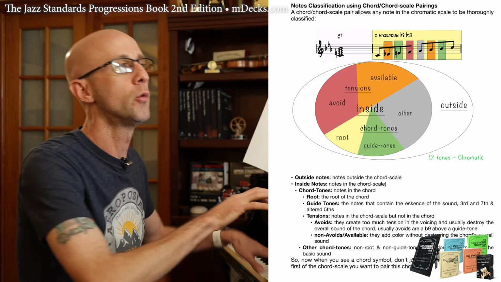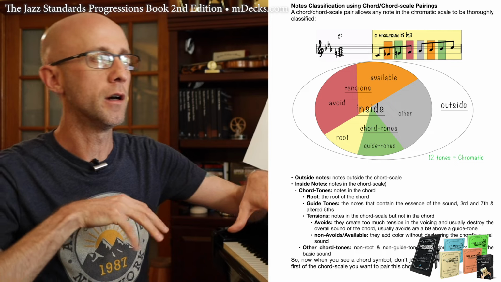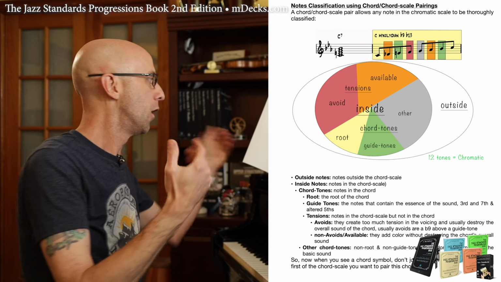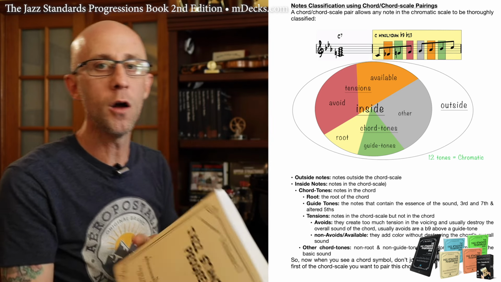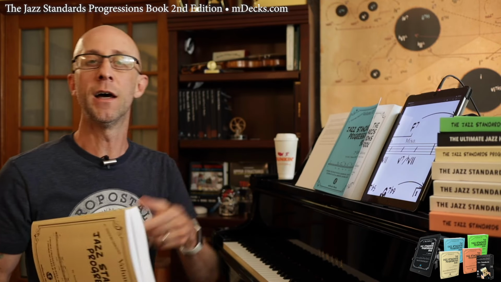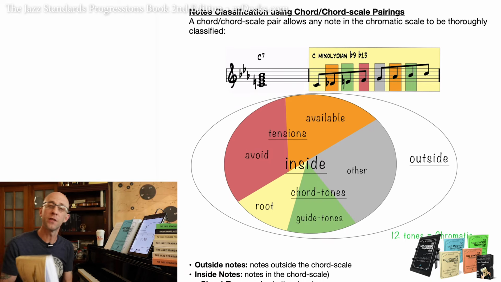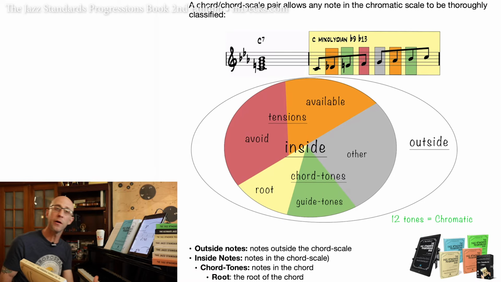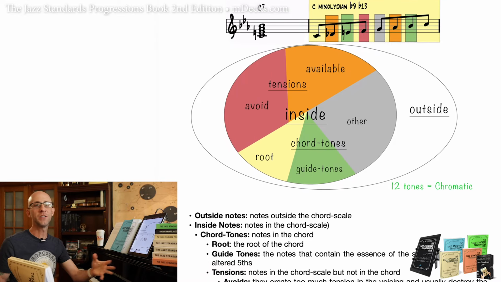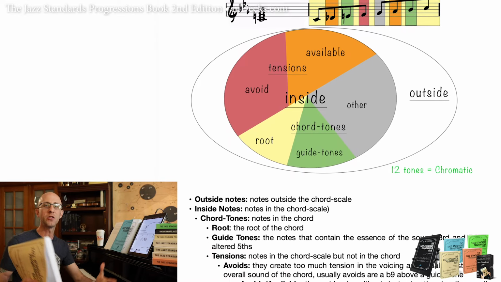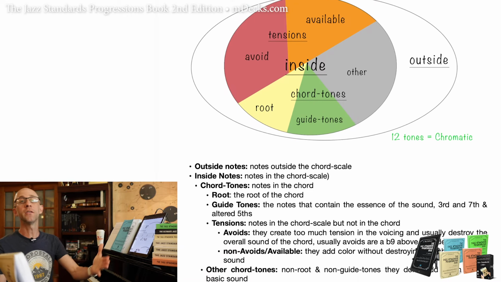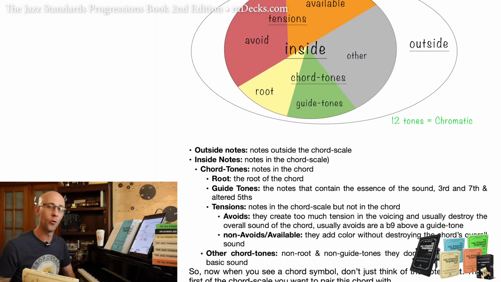And then from there, we can get into certain things like tensions, avoid tensions, guide tones, root notes, and all that stuff. All of that is explained within all the volumes. We also have a separate video that goes into depth on that as well. You can check that out also. And when you get into these note classifications by way of these chord scale pairings, you start to see the purpose of certain notes or what they can introduce as far as more tension, less tension. Your voice leading might change, your improvisation might change, what you do with your arrangement might change too. And all that is informed by these chord scale pairings.